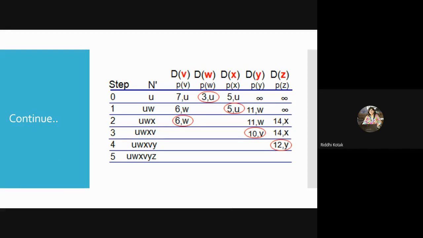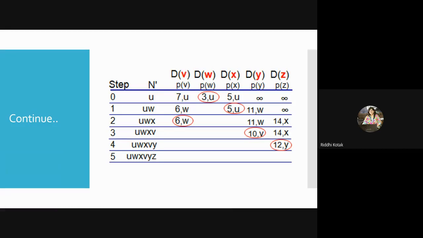Now U will become a previous node. And in the last session we discussed that while you are calculating D of V, the distance of the current node, you have to calculate from the source node only. And the predecessor node means W is the current node and U is the previous node. So the adjacent of U will become the predecessor node for W. Now you have to check both things and select the minimum one.